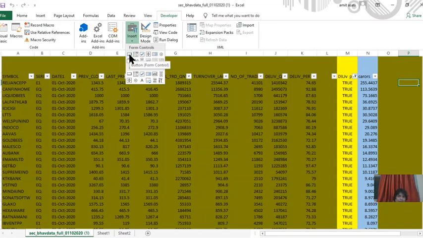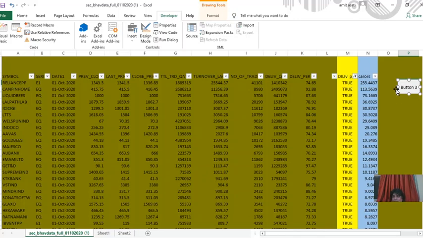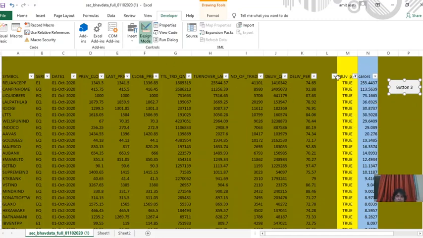Are you seeing the command button? When we click here, it will be placed here. Oh, is it coming? Yes, it's coming. This button has been made. Now we will apply code to this button. Right click here. Is it in design mode? Yes, design mode, and go to View Source.